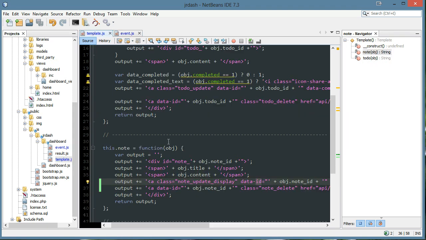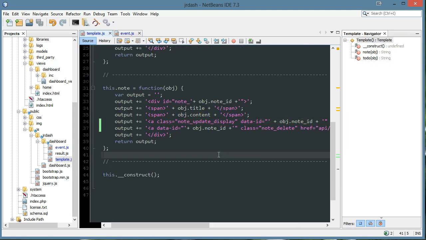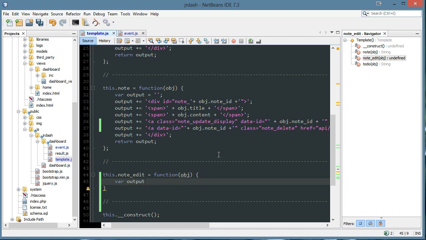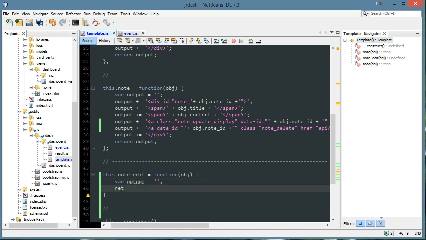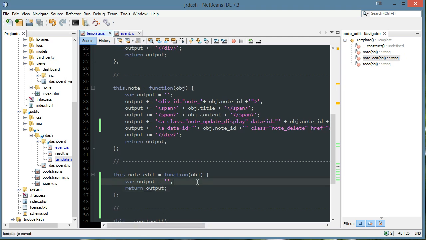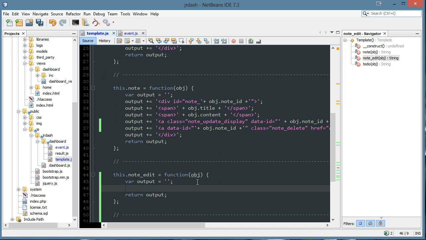So let's go to our template.js, and here I will say this dot note edit equals function. Let's give it an object parameter. Var output equals, return output. Okay, and this doesn't look tabbed over totally. I guess it is. Okay, so what we want is